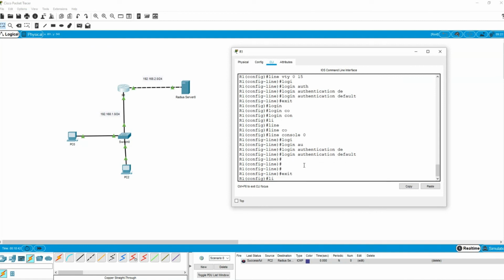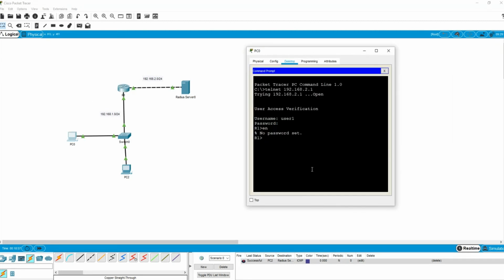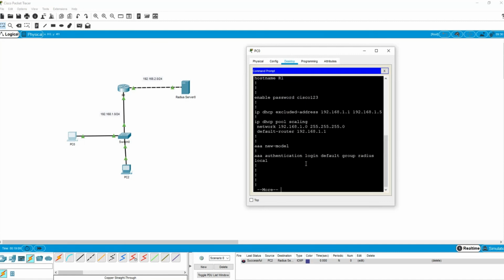Enable password, I will say Cisco 123. See here, enable. Now the password is Cisco 123. Now I am in the router. If you run show run, it will show you all your running configuration from this PC. So this is all about this activity. So what you need to do now, what